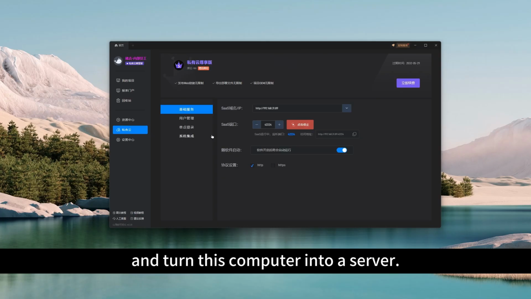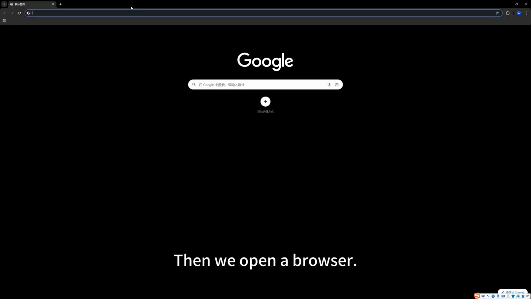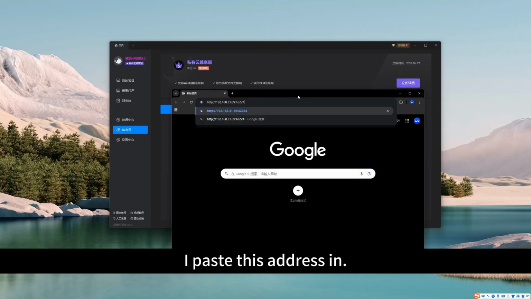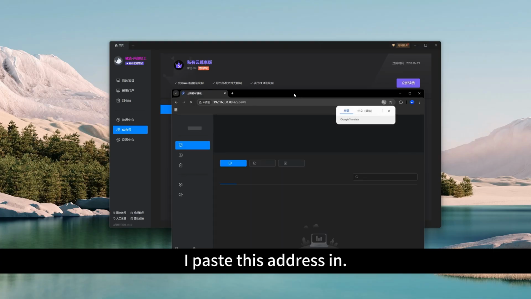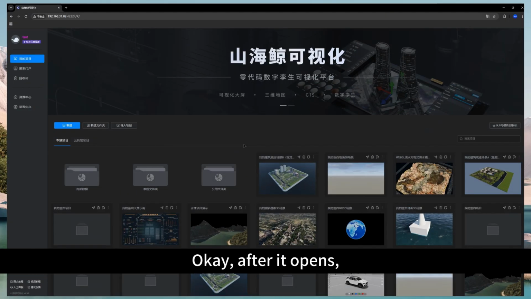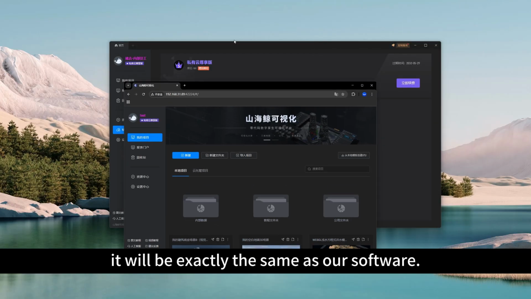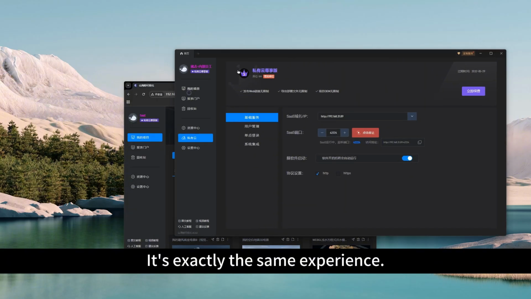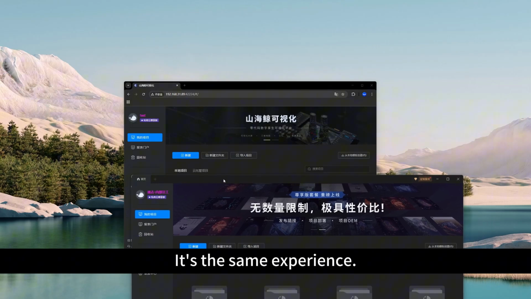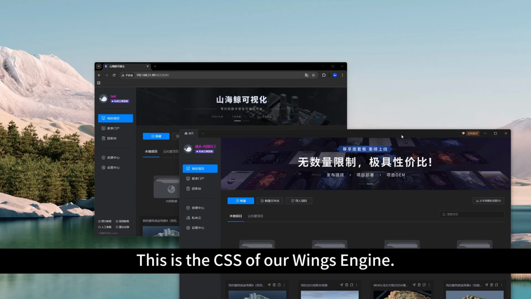Then we copy this address. Then we open a browser. I pasted this address in. Okay, after it opens, it will be exactly the same as our software. It's exactly the same experience. You can take a look. It's the same experience. This is the CSS of our Wings engine,